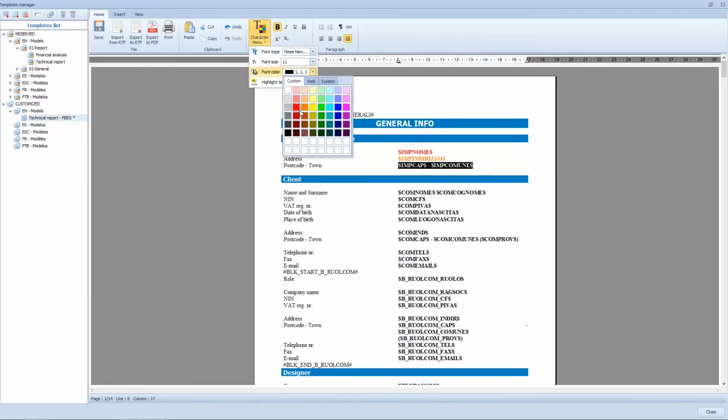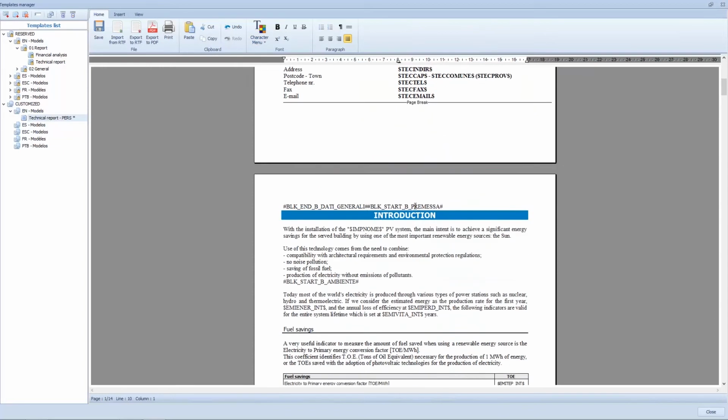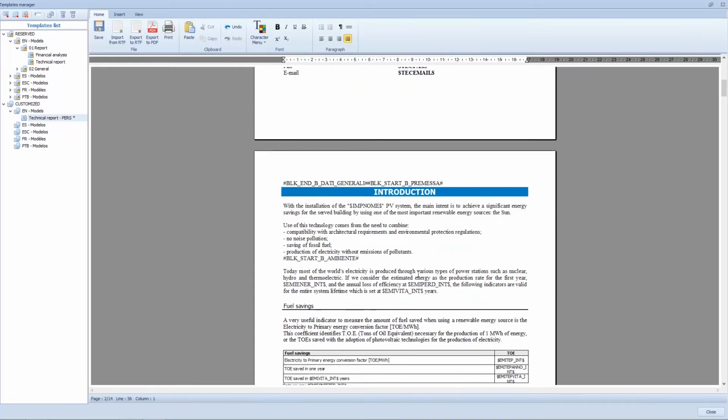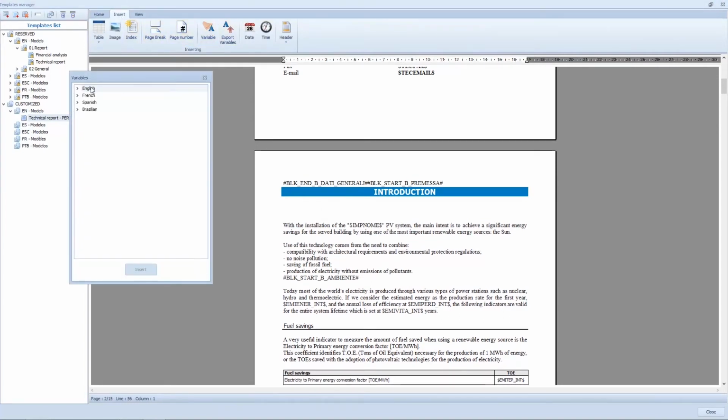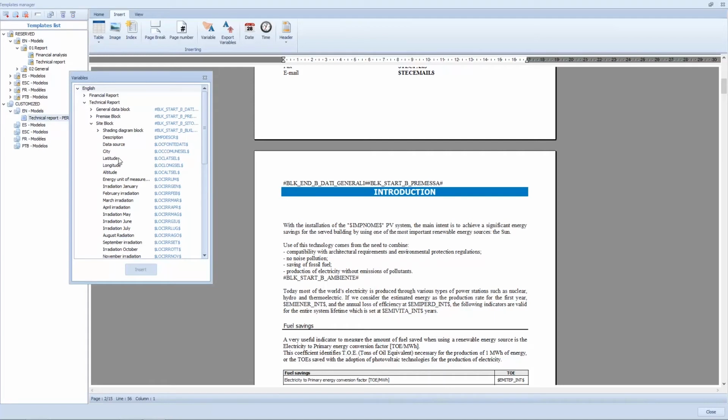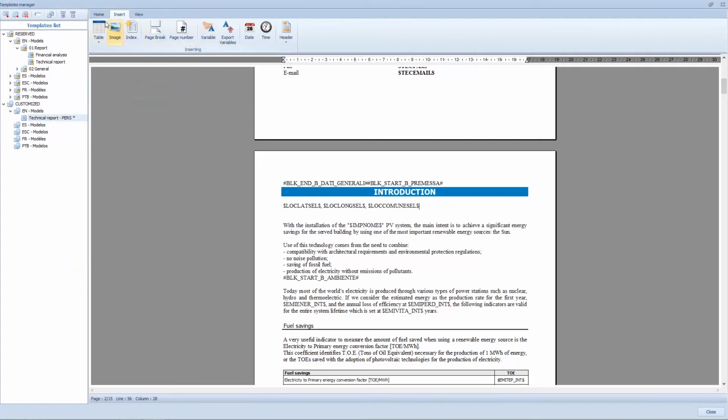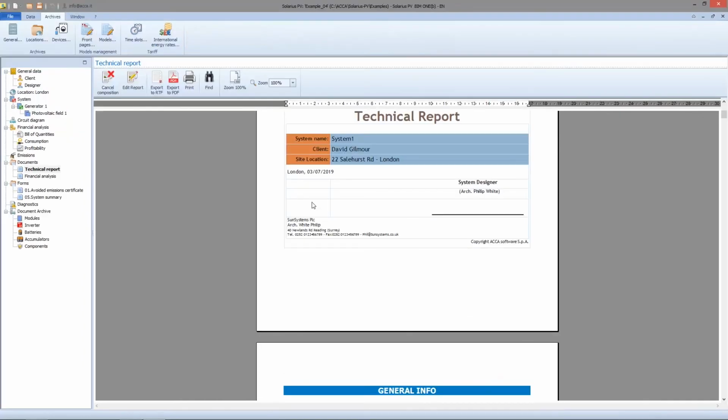If I want more space after the introduction section of the whole page, I can click on Insert and then Variables, English and Technical Reports, and I want some data into the space. So I click on longitude and cities data. I'm doing other customization. So now I can save the model. But what happens to the model if I add the variables? I'm going to fill this model. So I'm going to Forms,